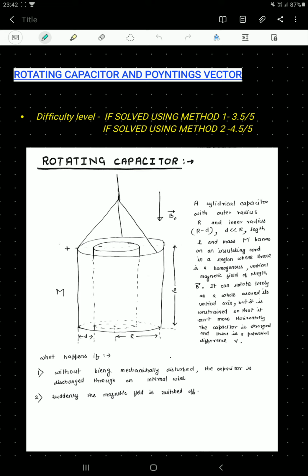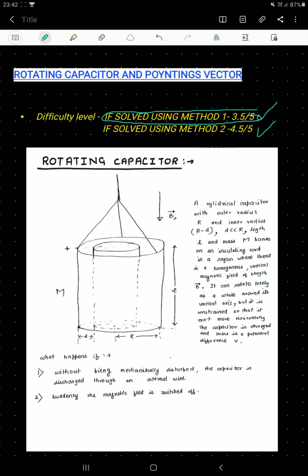Today I'm going to solve a very amazing problem. It is both relevant for JEE Advanced and Olympiad. The first method that I will be using here will be relevant for JEE Advanced, and the second method I will be using here is completely for Olympiad, pure Olympiad material. Okay, so our first focus will be to discover about method 1.